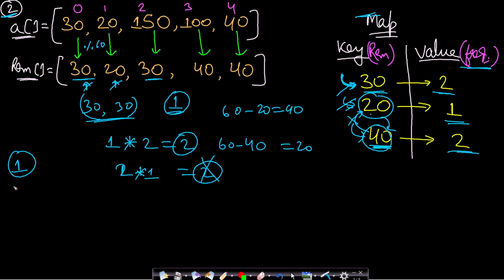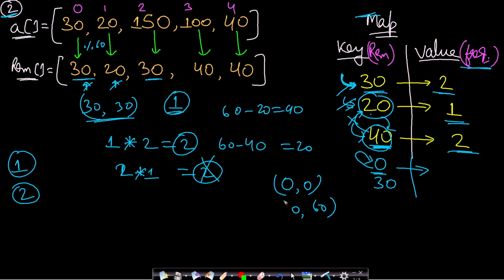What is the other problem? The second problem is that if we happen to find remainder equal to 0 or remainder equal to 30, then its pair occurs in itself. Okay, so for 0, if you are looking for a pair element, then it will always be 0, because it cannot be 60. It cannot be 0, 60, because we are taking mod of 60. So mod of 60 will range from 0 to 59, and you will never find an element equal to 60 in the remainder.